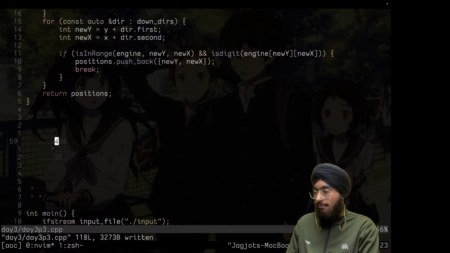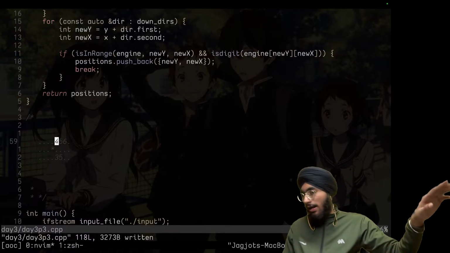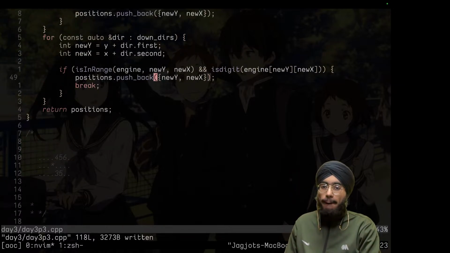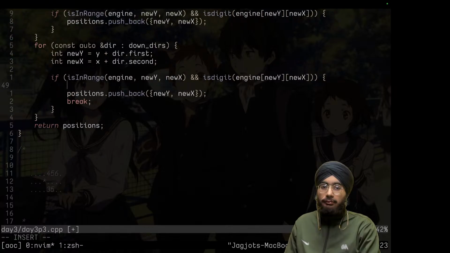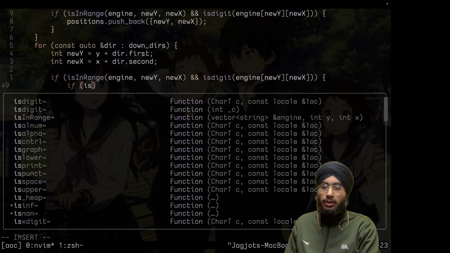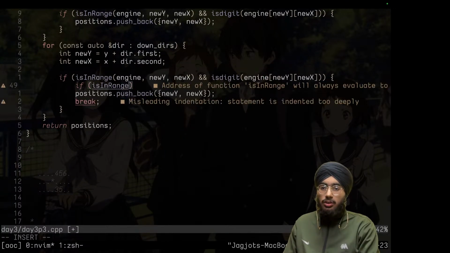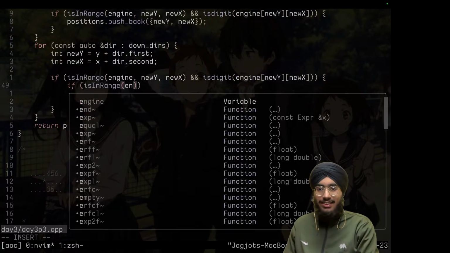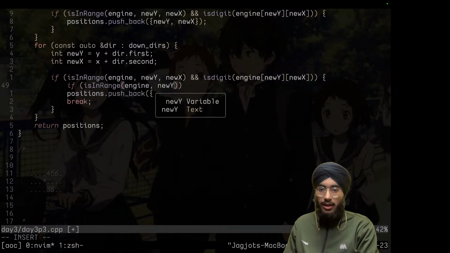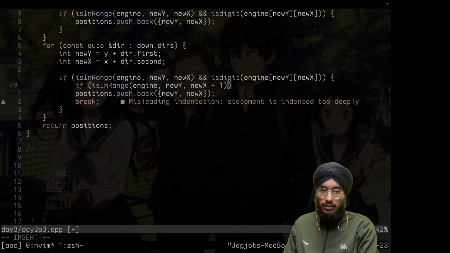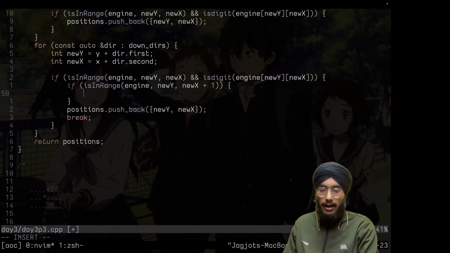We'll be checking the leftmost and then we'll do is in range. Yeah, I got this. Engine, new Y. It is down directly, right? New X plus 1 if it is valid and